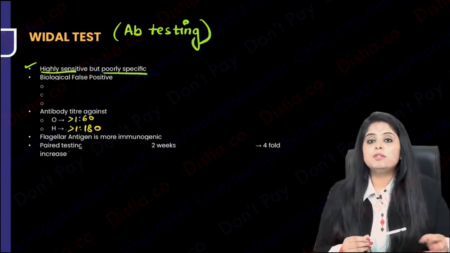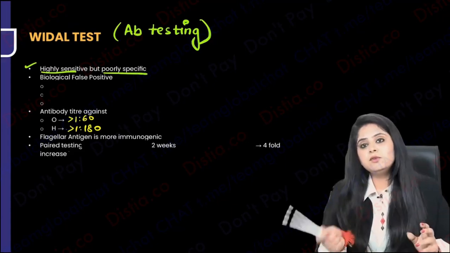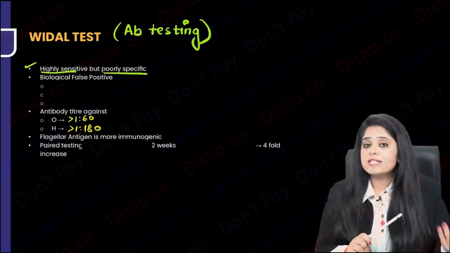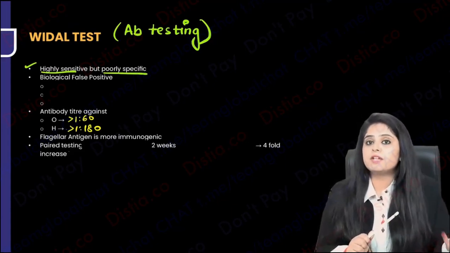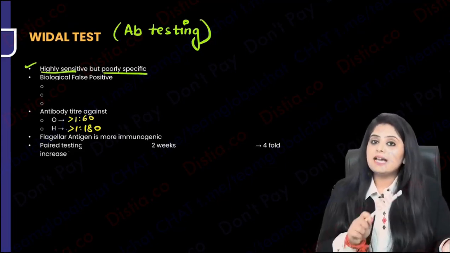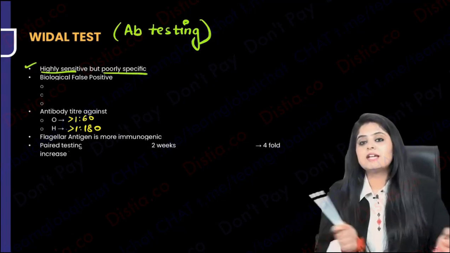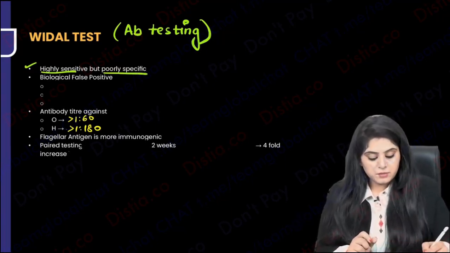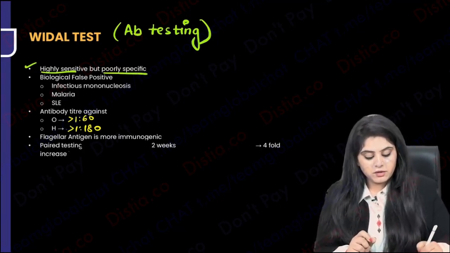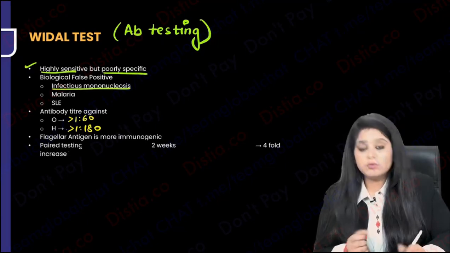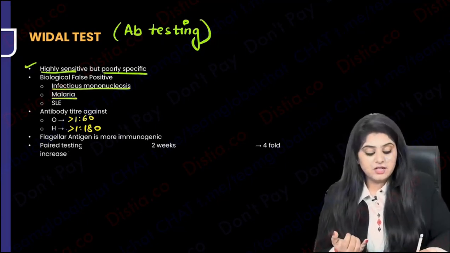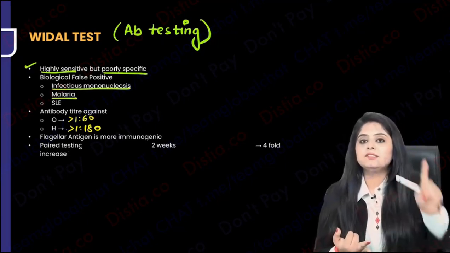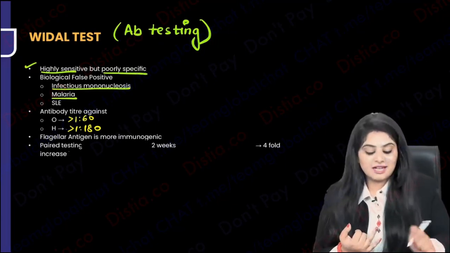Any antibody produced for any other disease will give you Vidal test positivity. So because in that time everyone was going through COVID and recovering and having antibodies, that is the reason that those antibodies were cross-reacting and giving me a positivity with Vidal also. So yes, you will see false positives. For example, you can see it with infectious mononucleosis, that has a lot of antibodies. You can see it with malaria. In malaria season suddenly you will see the typhoid Vidal is going high.